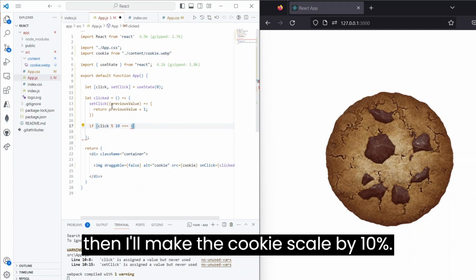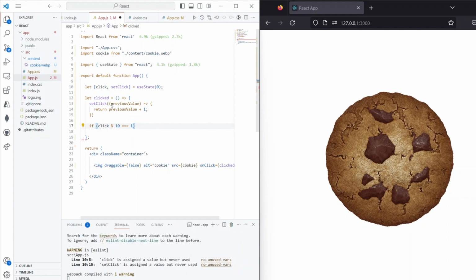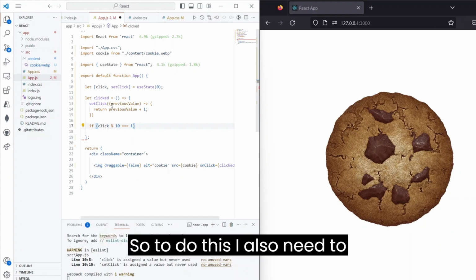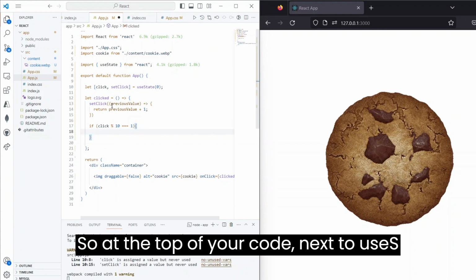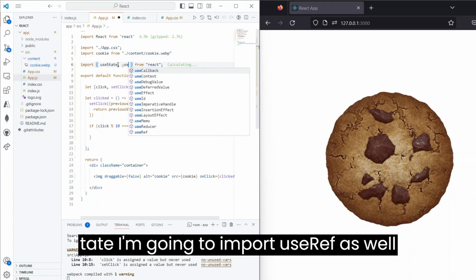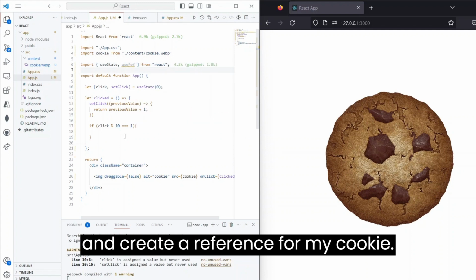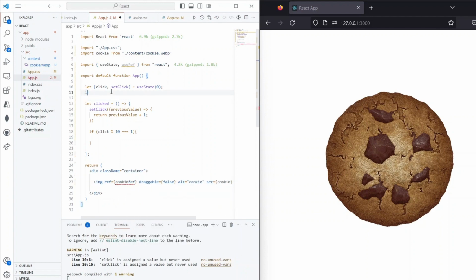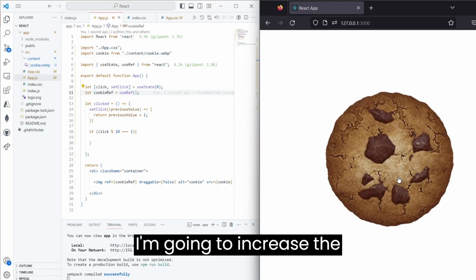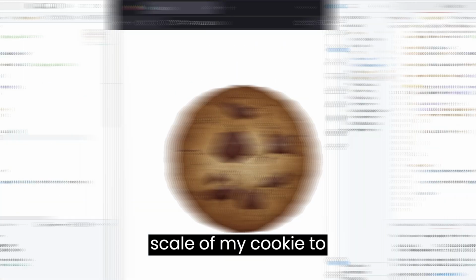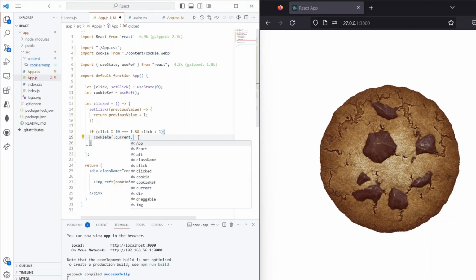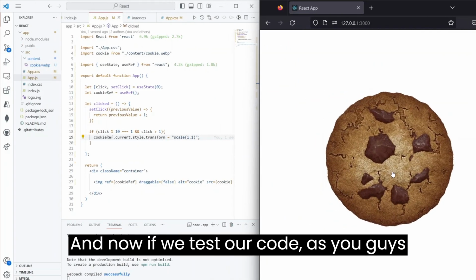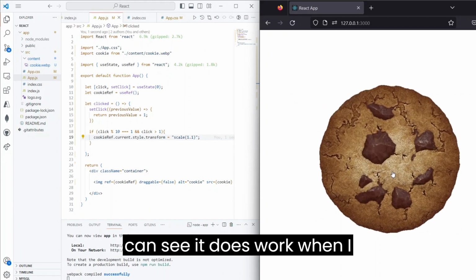And if it is, then I'll make the cookie scale by 10%. So to do this, I also need to use the useRef React hook. So at the top of your code, next to useState, I'm going to import useRef as well and create a reference for my cookie. So now once we create our reference, I'm going to increase the scale of my cookie to 1.1. And now if we test our code, as you guys can see, it does work when I click it 10